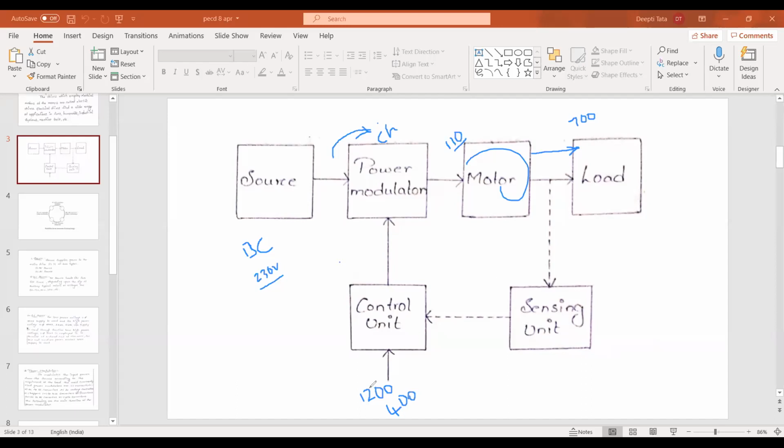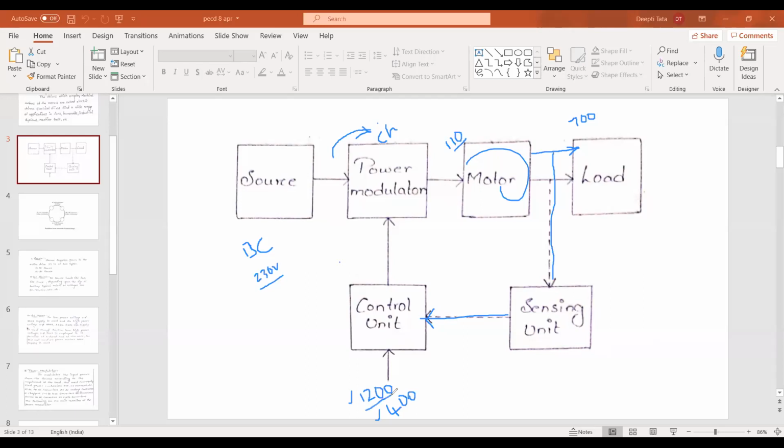So first of all, you have to increase the speed of the drive, and for the second case, you have to decrease the speed. The work to be done here is that the sensing unit is a speed sensor or a current sensor. Speed, ma'am. Exactly, it works like a speed sensor. It is going to measure the speed from the motor, and the same speed is sent as a signal. Listen, all the things are going to be in the analog manner, not in the digital manner. So it will send the speed signal and compare it to the reference input.